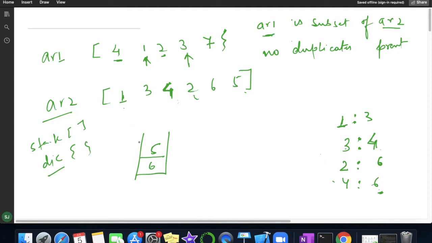That's why we have used a stack, and we check the value present in the stack. If that value is less than the upcoming element, then we are popping that element as a key for my dictionary and assigning the upcoming element as its value. So let's try to write this.